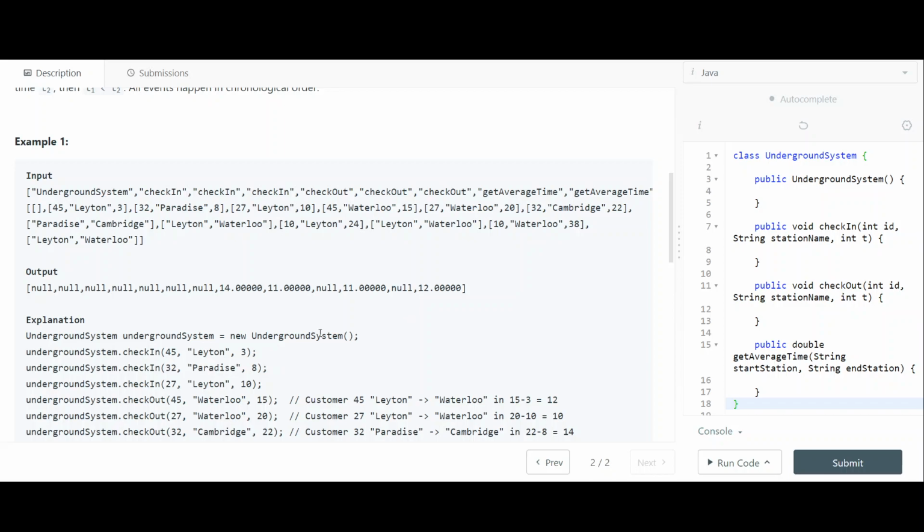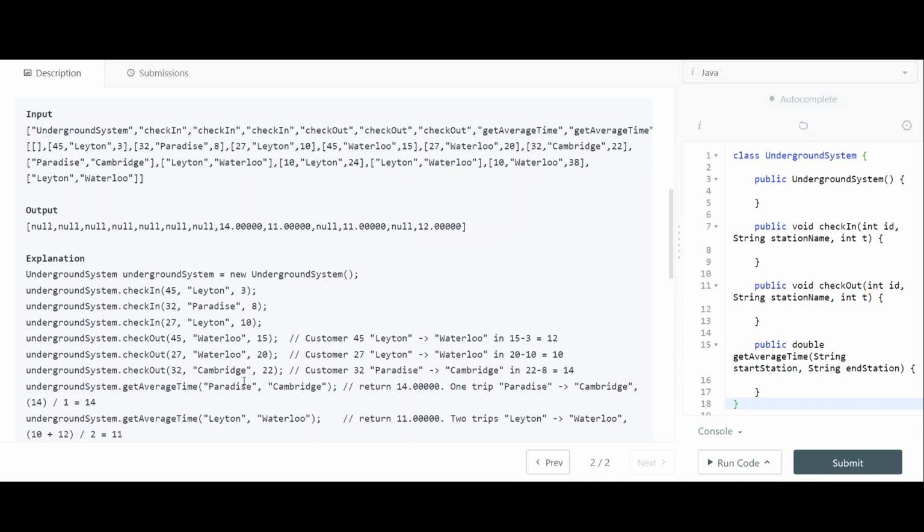You check in 45 Leyton 3, check in 32 Paradise 8. So between Paradise and Cambridge, I think the only thing that you need to keep track of,